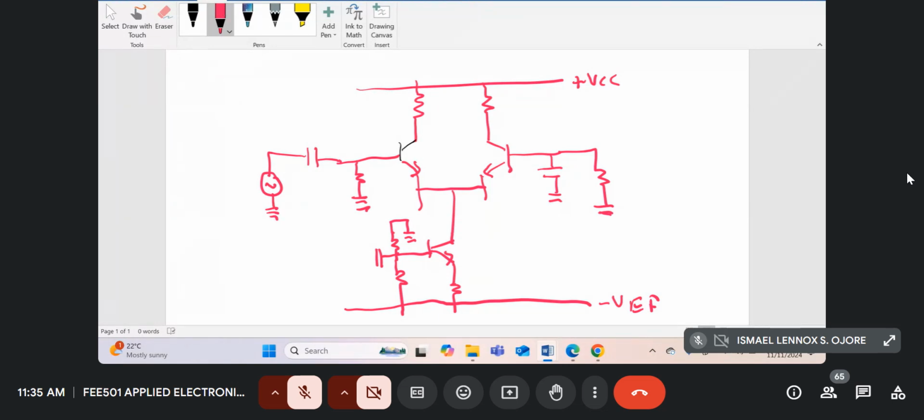So once you put a capacitor at the input, then it means you can only supply AC. Now this second signal, this is what brings the problem, because the second signal you applied